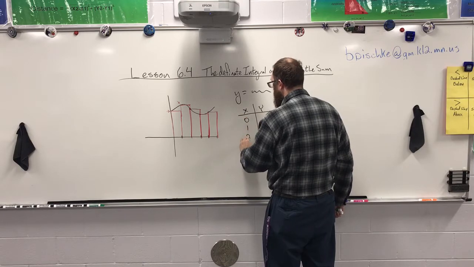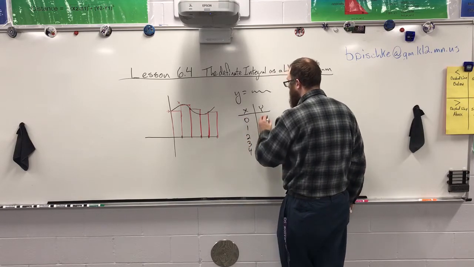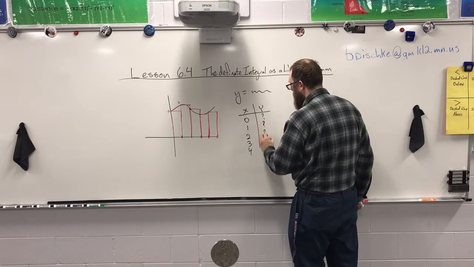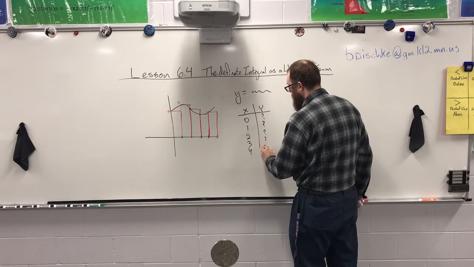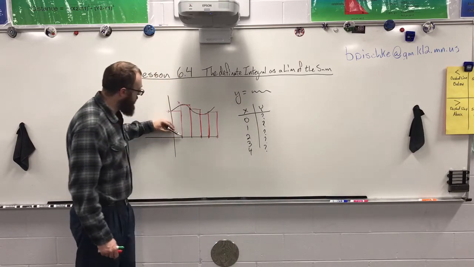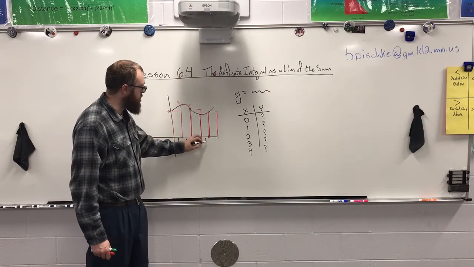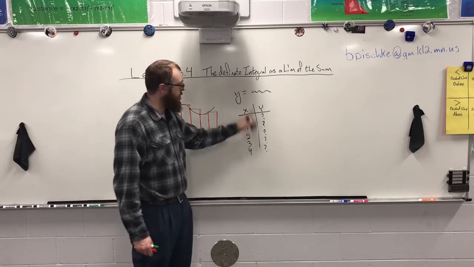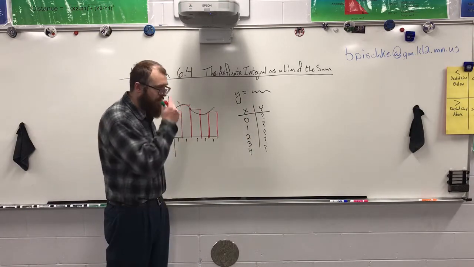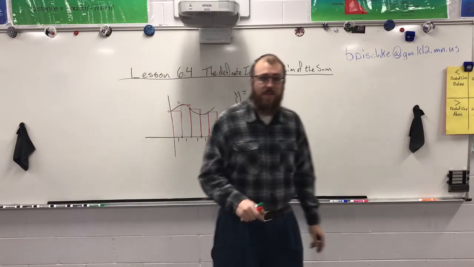0, 1, 2, 3, 4. Then whatever they are here, I'm going to take the width of my rectangles, which are all 1s, times the height of the rectangles, which are all the y values, and then I add them all up and I get an estimate for the